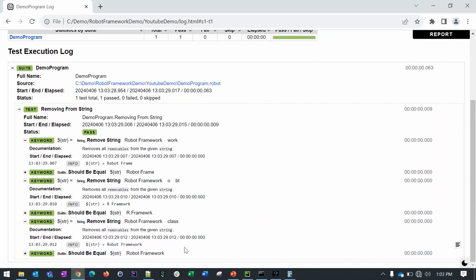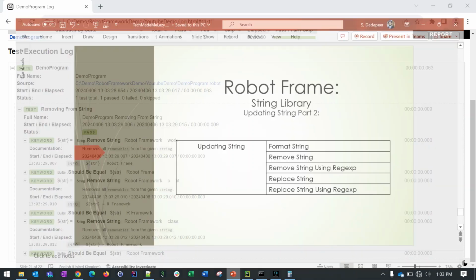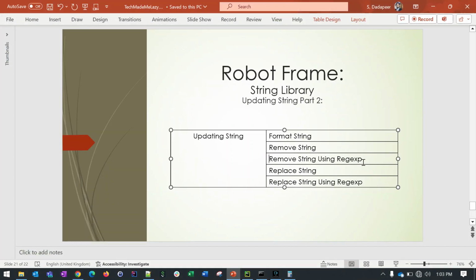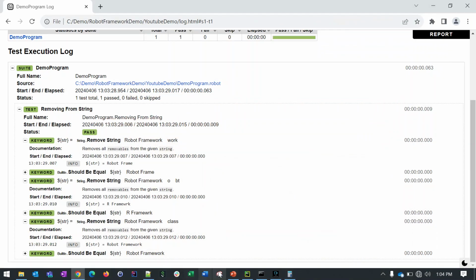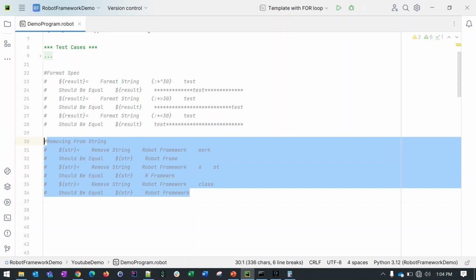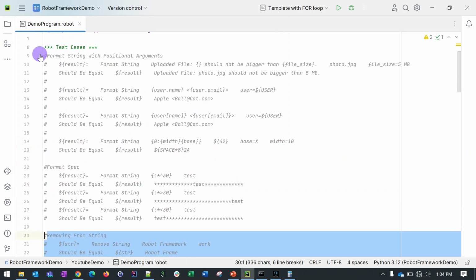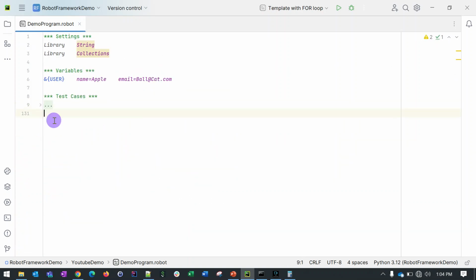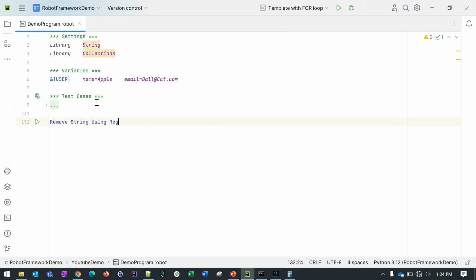Okay, now let's go for the next one, that is Remove String Using Regular Expression. With the help of regular expressions we can also remove strings and perform the operations. Now, Remove String Using Regular Expression. Okay,